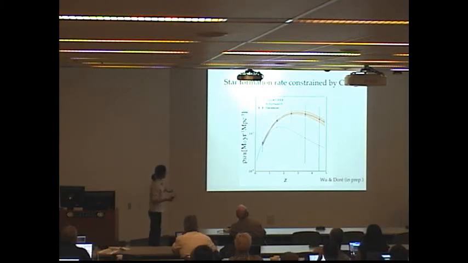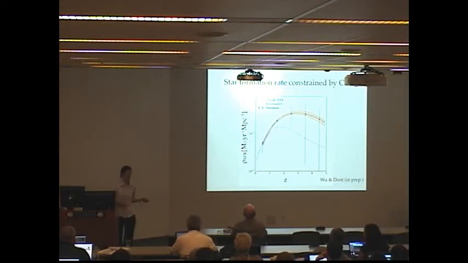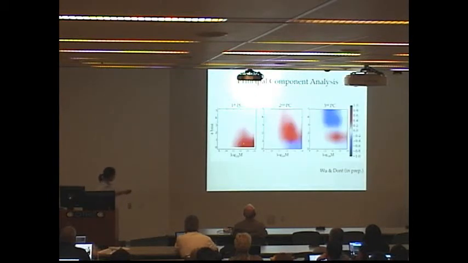But then I redid the constraints using the piecewise continuous parameterization, and I found that actually most constraints are below redshift 3. And above redshift 3, you don't get very much constraints there. Basically, yes. And with my piecewise